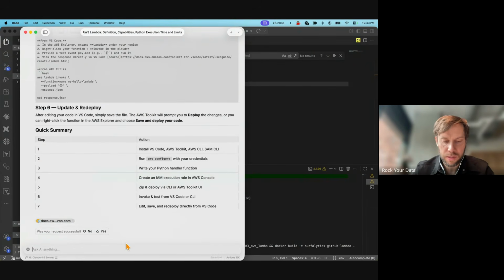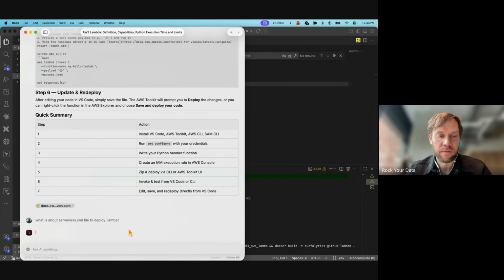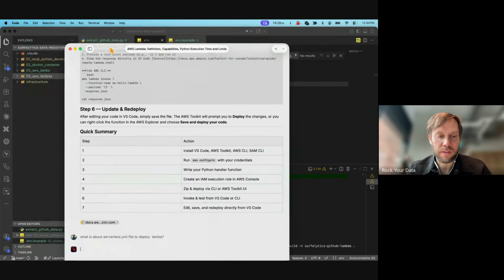And I wanted to ask, what about serverless? There is another way to deploy Lambda, a serverless YAML file to deploy. Because in some companies they use Lambdas heavily, they can use serverless to deploy it. And in our case, what we can see,